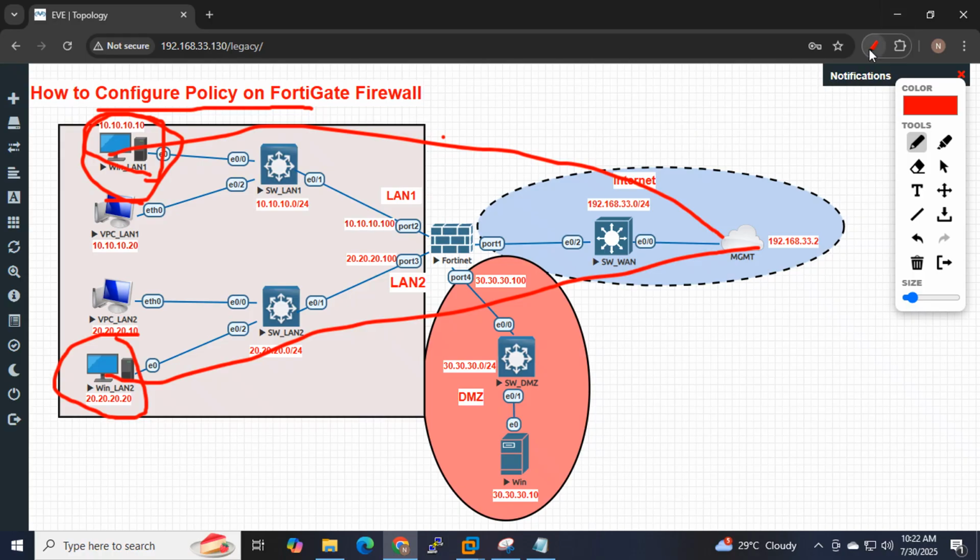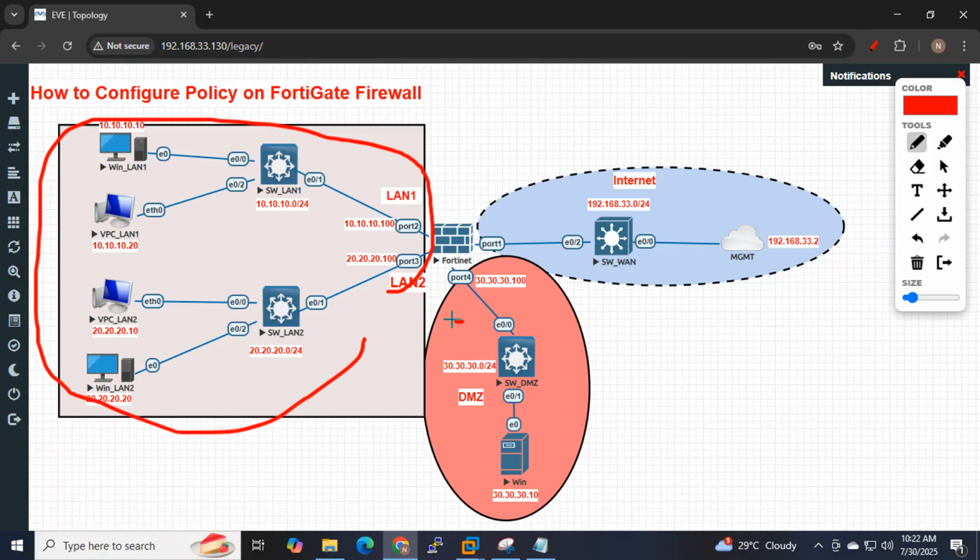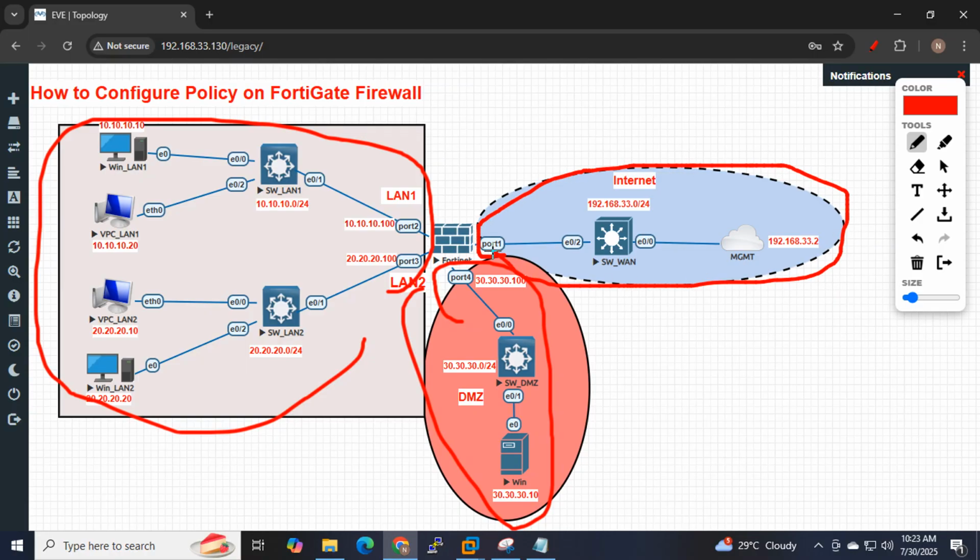If you remember, we used the same topology in the last video. Basically, port 3 and port 2 we configured as LAN 1 and LAN 2. Port 4 is configured as a DMZ, and port 1 we are using as a WAN interface, or internet side. So what will be the next hop for our FortiGate firewall? 192.168.33.2, and the LAN subnets we are using are 10.10.0.0/24,